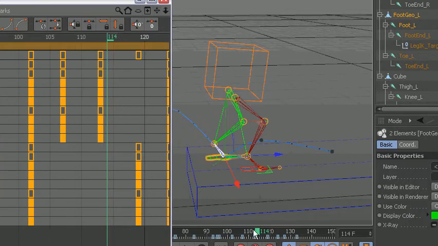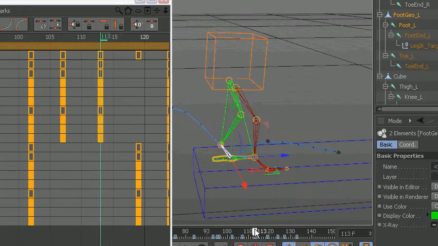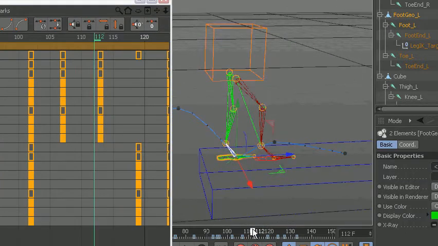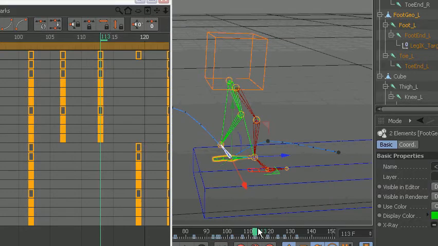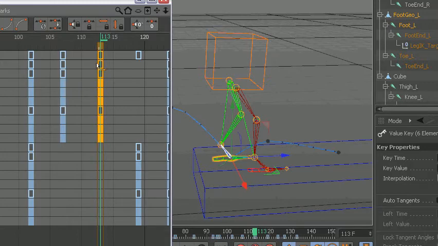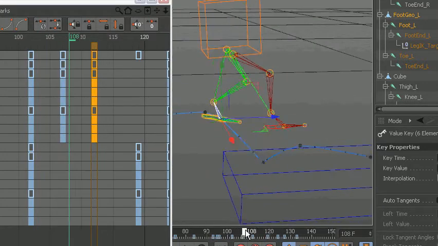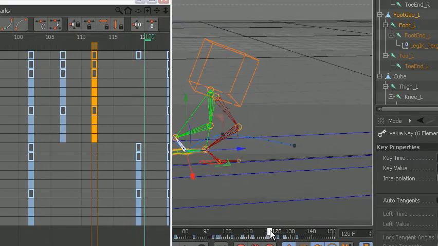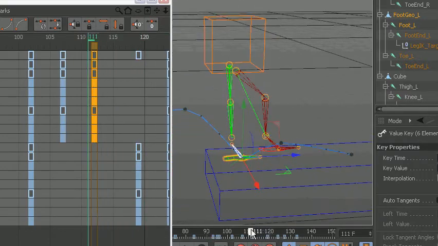And what I want to do is see here, they both land here, and I want him to land a frame before that. Okay, that's good. The only problem with it now is,